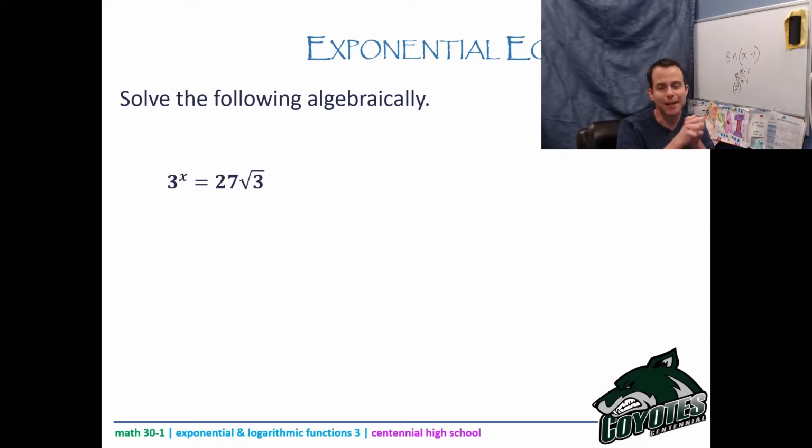Again, I have to take you back to grade 10 and review some exponent laws. The root 3 can be written as 3 to the 1/2. So what I'm going to do is write everything as base 3 first. So I've got 3 to the x equals 3 to the 3 times 3 to the 1/2. Just like I said a couple of slides ago,